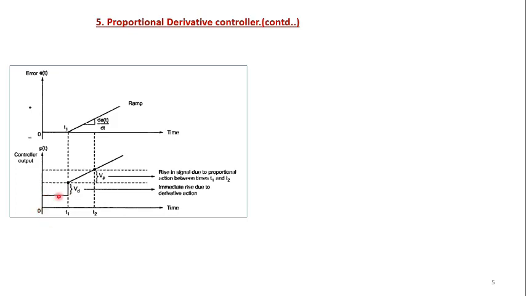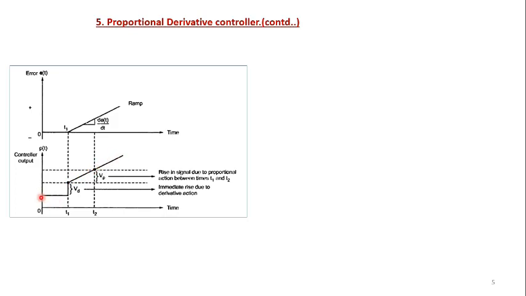From here to here is a zero error controller output, meaning that even for zero error we are making the controller give some signal. So this is a one step signal with a zero error input. Then during this time, it accumulates all the immediate deviation, and an immediate rise due to derivative action takes place. Then the rise in the signal due to proportional action starts, and it ramps up. So this is called the output.